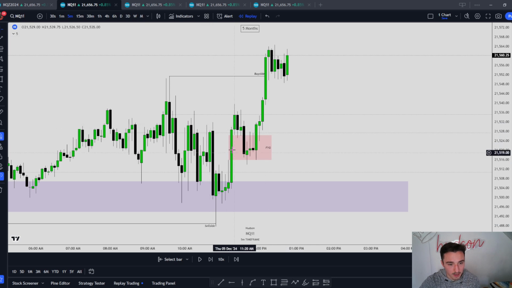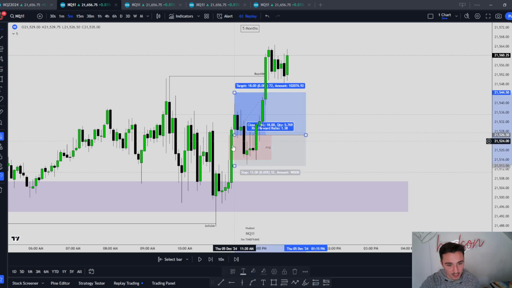Now, what becomes your breaker throughout here? This candle here, the last swing high before the impulse drive lower to take out sell side. This candle becomes your breaker paired with a fair value gap. Now, if you don't want to take your entry directly up here because the risk to reward would be skewed,